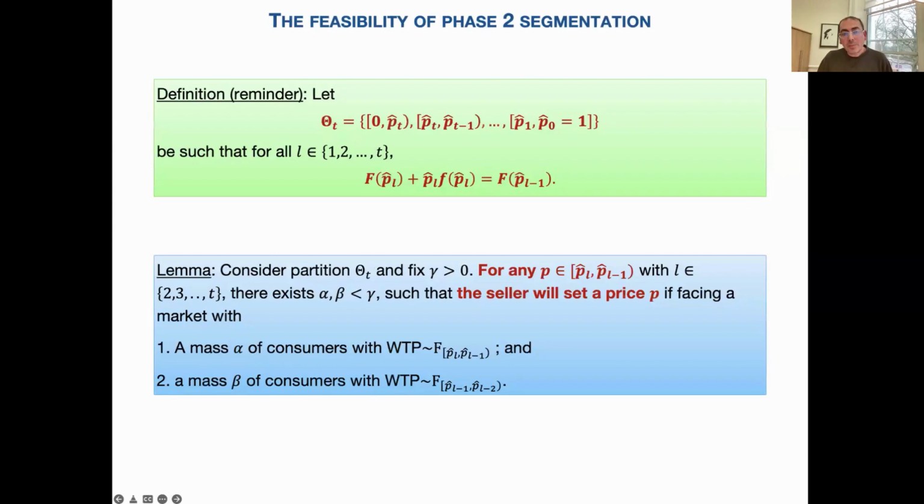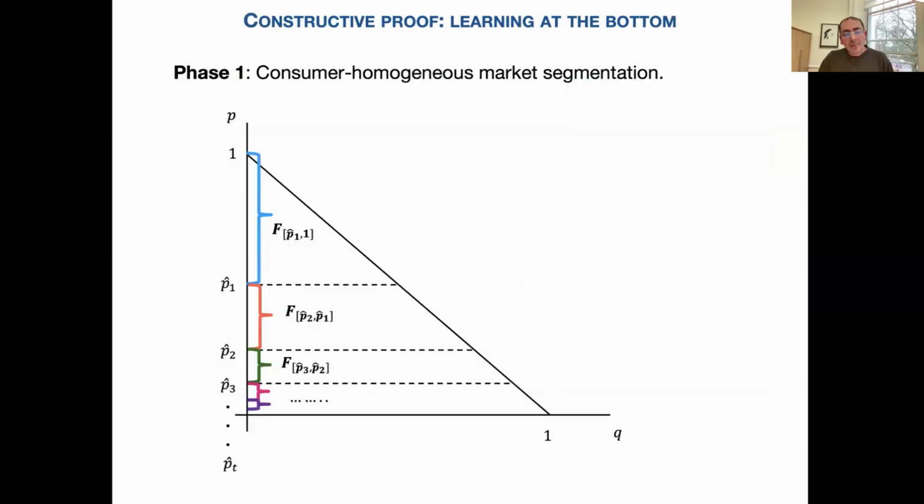Okay, I need that n is large because when I created all these buckets, in order to create this price experimentation where I can cover all the prices between close to 0 and P at 1, I need to have that in each of these buckets there is at least one characteristic. So if I have a lot of characteristics, then this happens with probability essentially 1. That's the only reason why I need that.